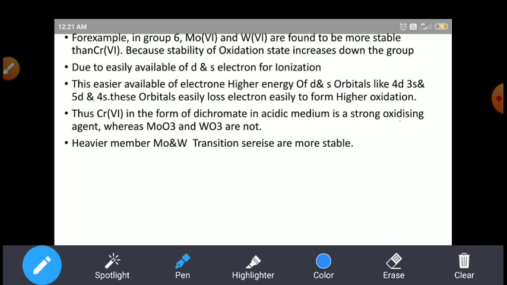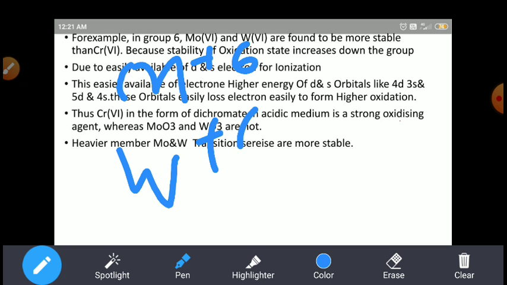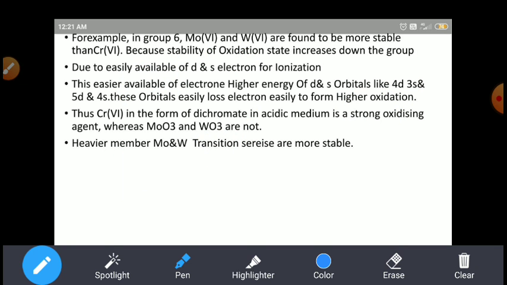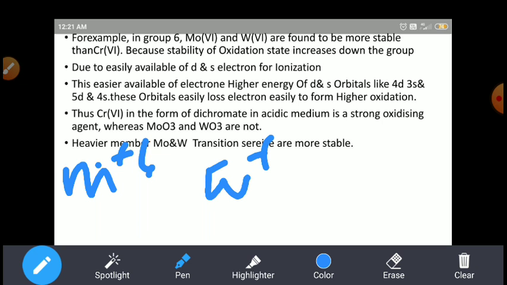They are found to be more stable. Here the molybdenum, sorry, I forgot to write the 6, and the tungsten is also +6, and likewise the chromium. Right. So in this state, when you keep these elements, molybdenum +6, tungsten +6 and chromium +6,